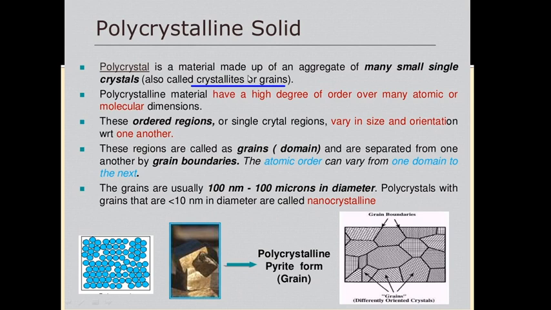So if your crystalline material is of very small size, known as a grain, you may find many small single crystals, also known as crystallites, aggregated to each other. Look at this figure: here is a group of atoms with a well-ordered arrangement, but in another region the arrangement of atoms is different. They have the same atoms, but the arrangement differs from one grain to another grain,